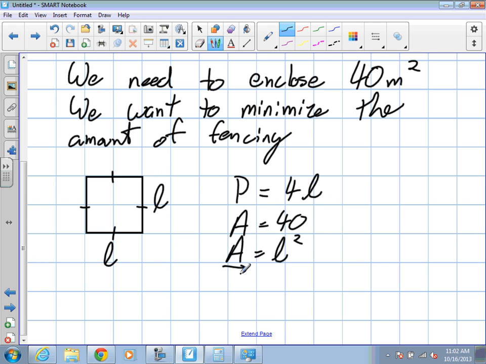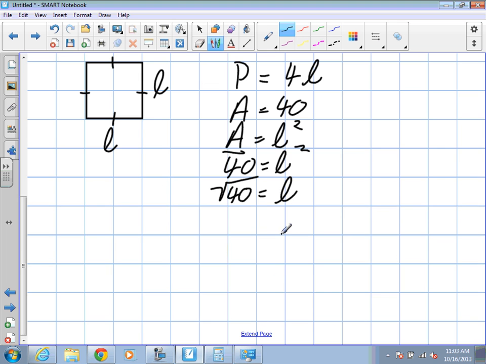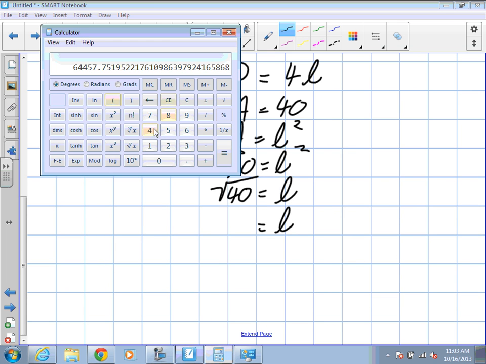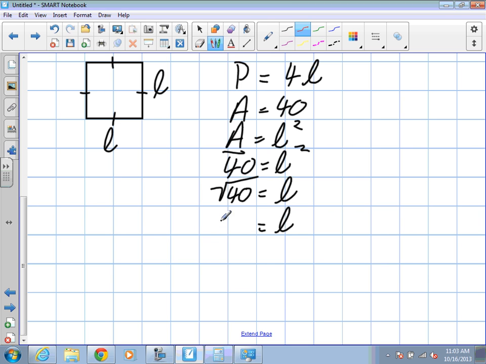We know area is 40, so 40 is equal to L squared. So in order to figure out L, we need to square root our 40 here. Okay? So the square root of 40 is 6.3. So according to this, a length of 6.3 all the way around will give us the most efficient